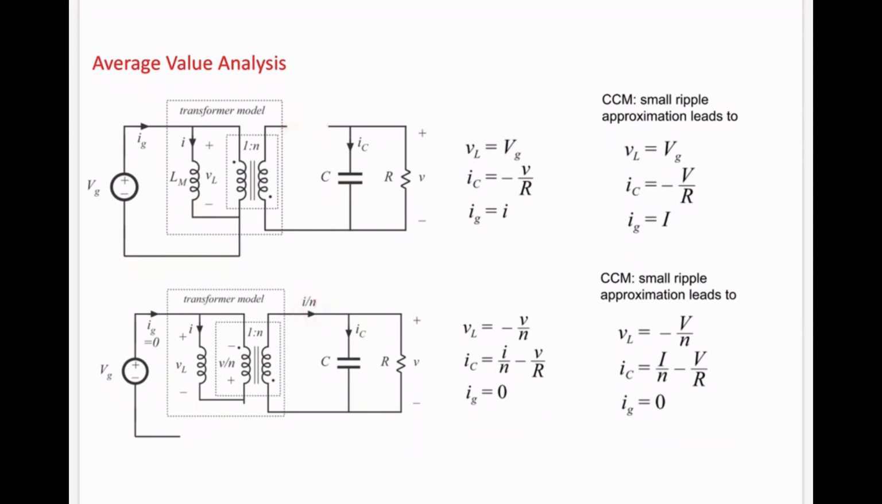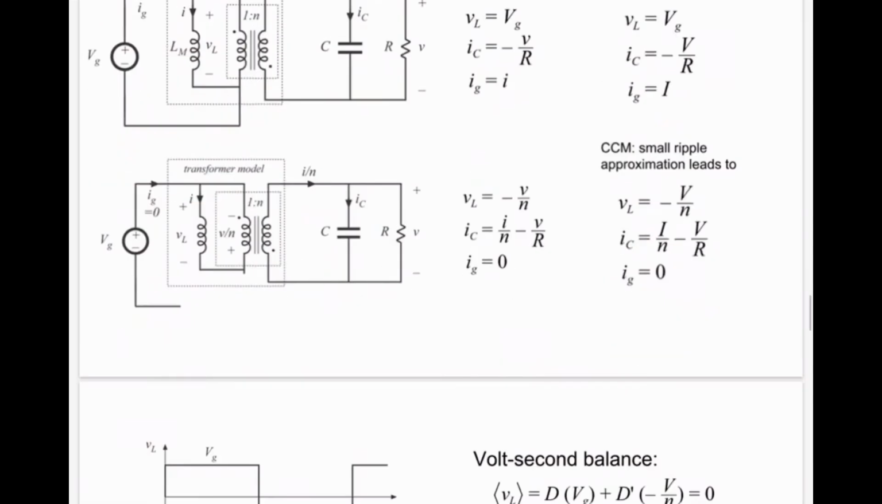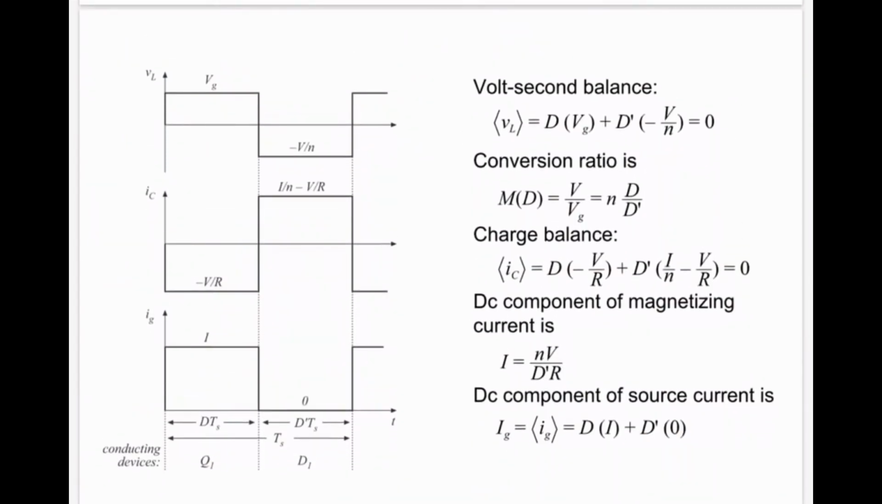At that instant of time, what is the voltage across your inductor? That is equal to minus V by N, load voltage reflected back to this side, and the average value is this one, minus V by N. And what's the capacitor current? I by N minus V by R, right? And what's the source current? Source current is 0. So now going back to this slide,